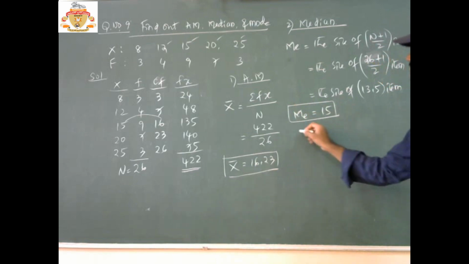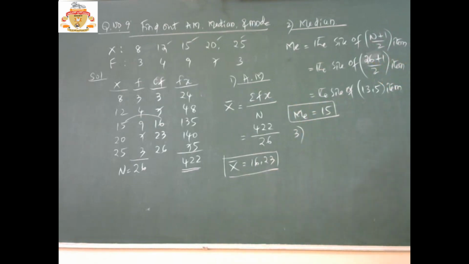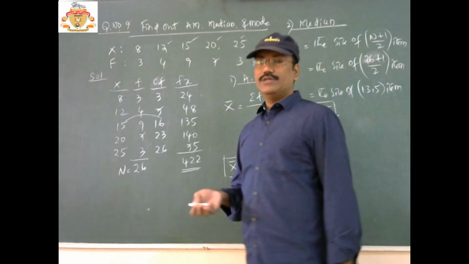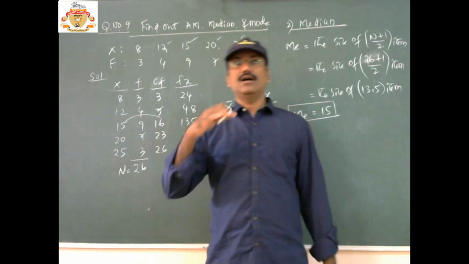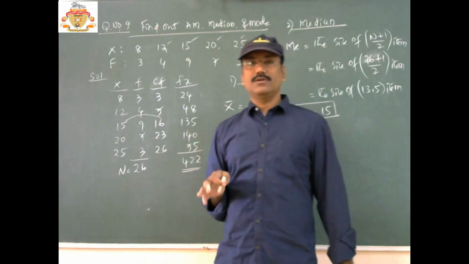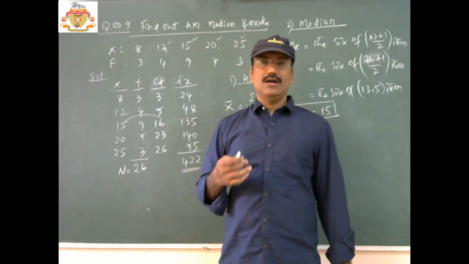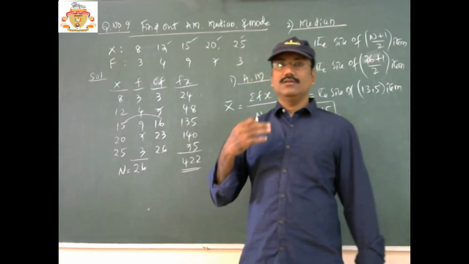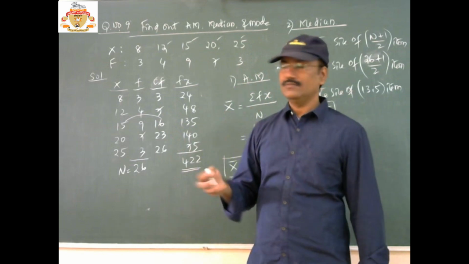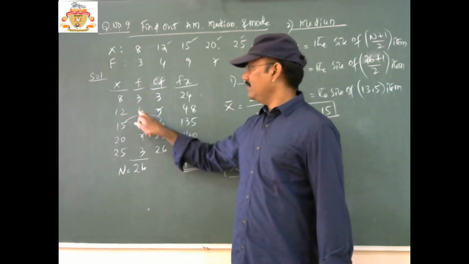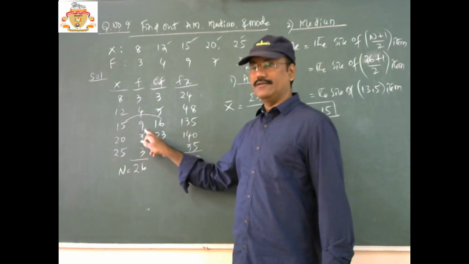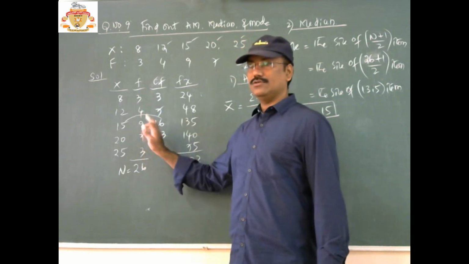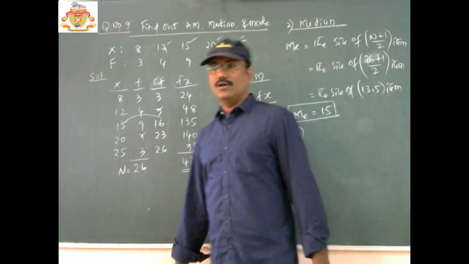Then what is the formula for mode? Mode is the variable with the highest frequency. Is it possible to find that here? As yesterday we saw in two problems, in those cases the highest number is repeated, so it is not possible to find the mode; it is called mode is ill-defined. So we use the 3 median minus 2 mean formula when the highest frequency occurs more than once. In this question the frequencies are 3, 4, 9, 7, 3. The highest is 9, and it occurs only one time, so there is no problem finding the mode.